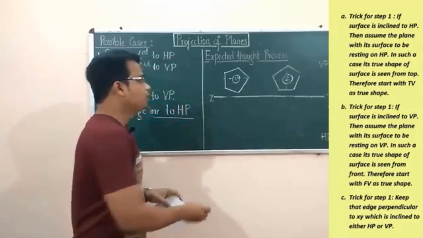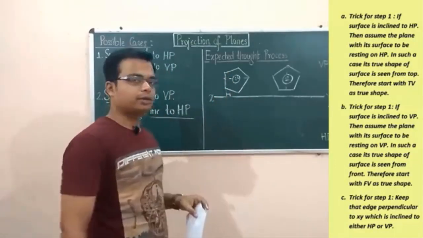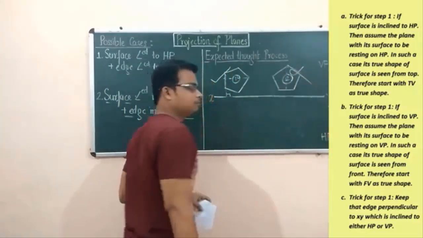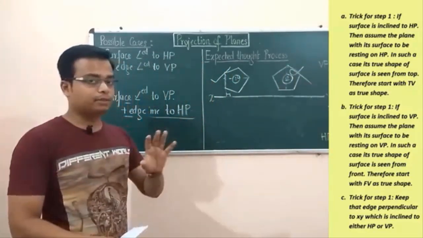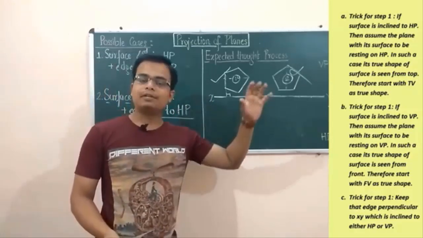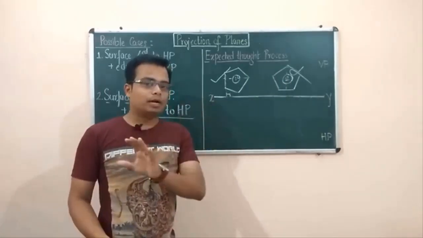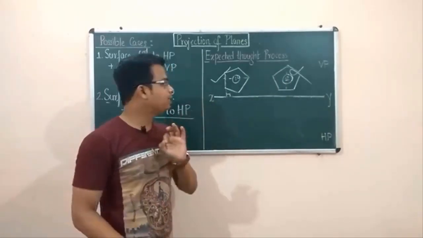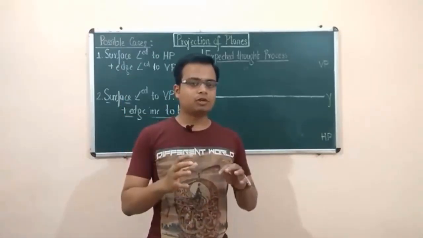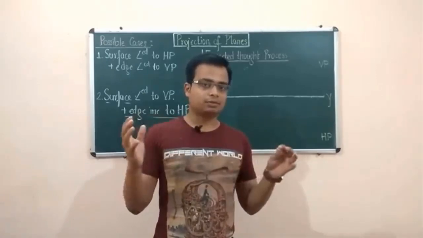Okay. Now, if you watch carefully, here the edge is working out perpendicular to xy. That's why this is the correct option and this is the incorrect option. Alright, so remember this: whenever an edge is inclined to either HP or VP, that is going to happen in step number 3. Always try to make sure that in step number 1, that edge is kept perpendicular to XY. So guys, now I'm sure you must have got a good idea as to how the initial position, or the initial assumption, is made.